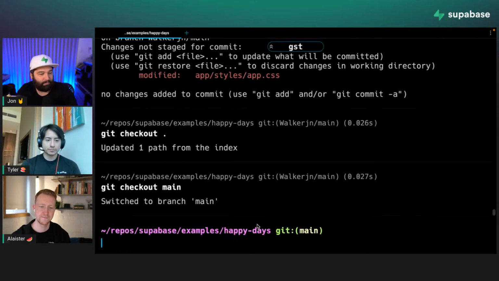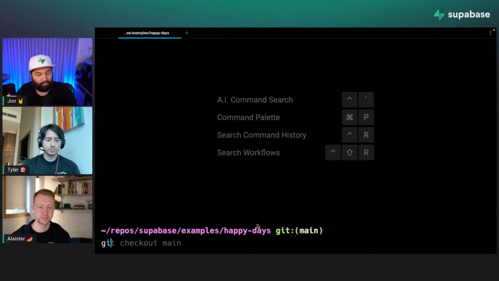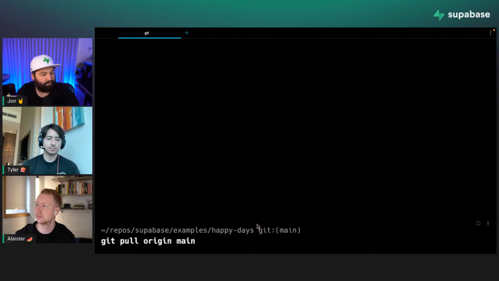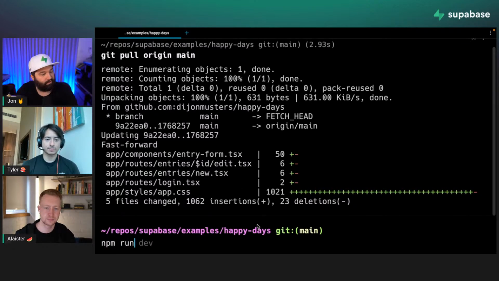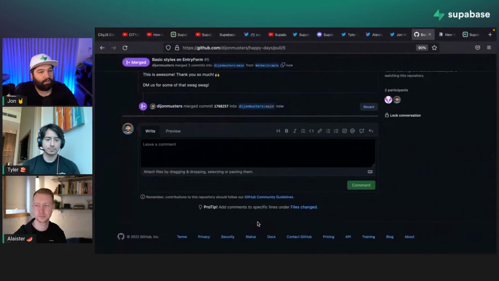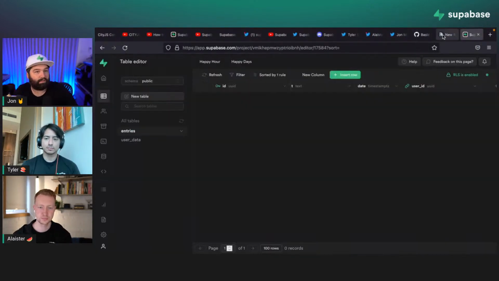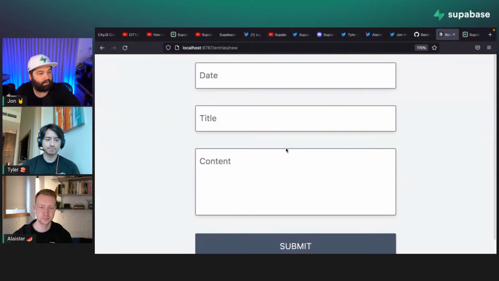All right. We'll check our main, and we will pull down everything that's there. Now, if we run dev, we should see the same thing. Awesome. Very nice. That looks so nice. So yeah, if someone does want to add another contribution, a really good one would be making this date either a date picker or